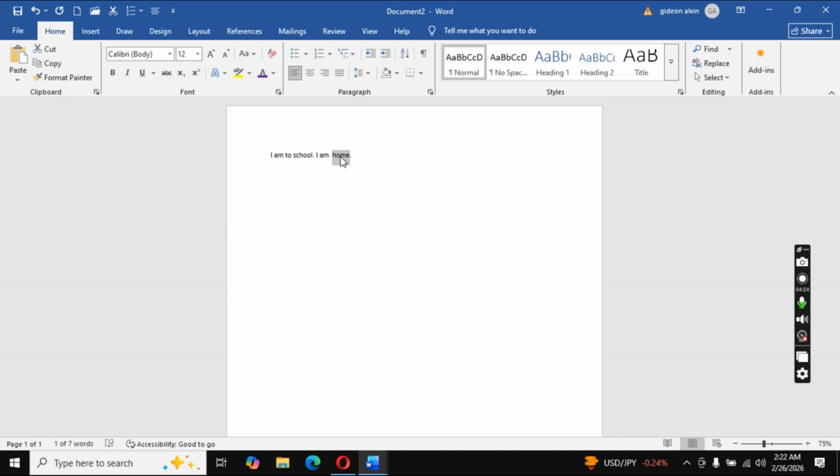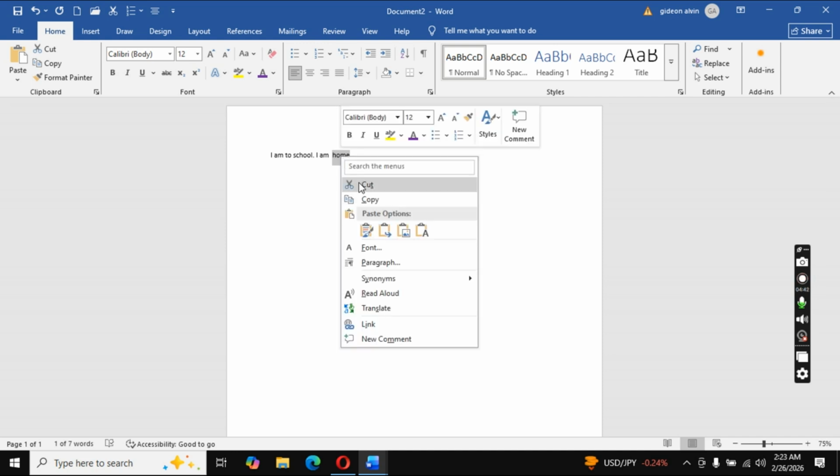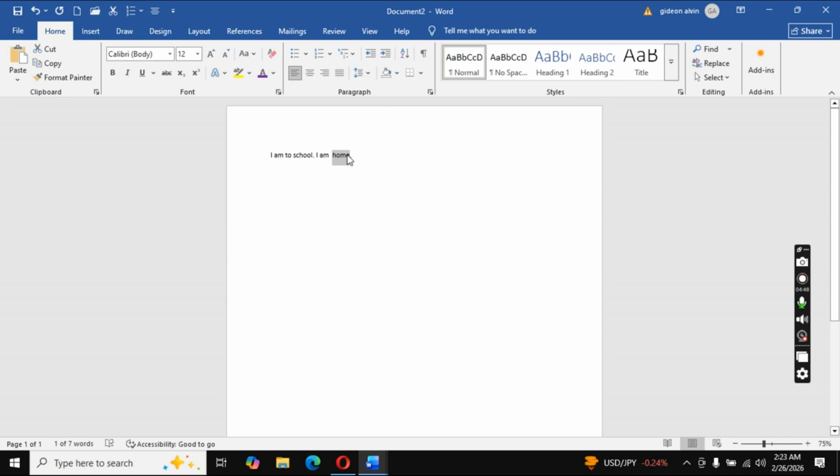By copying, we are talking about making sure that you get a replica of the word you selected or highlighted. So you either use Ctrl+C, or after selecting the word, you right click and you see a drop down. All you have to select is what? Copy. If you select copy, you have actually copied the word. So next is